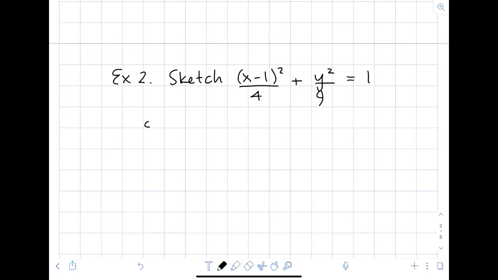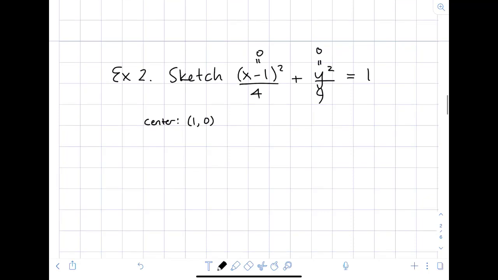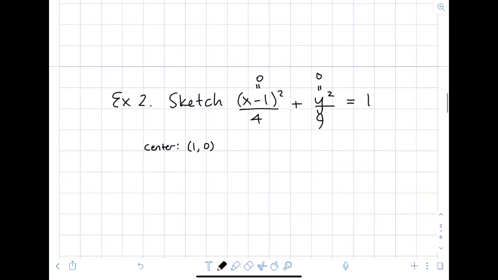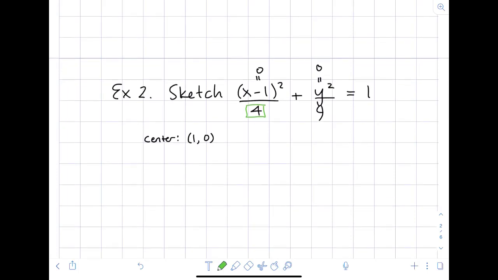For the ellipse, we're going to need the center, which is again what makes the x and y terms 0. So just the part that's being squared would be 0 if x was 1 and y is 0. And then what is going to be the case for an ellipse is that instead of having a radius that extends in all 4 directions, you can kind of think of it as having a horizontal axis and a vertical axis. So the horizontal axis length is going to be decided based on the square root of the number under the x. So the horizontal,